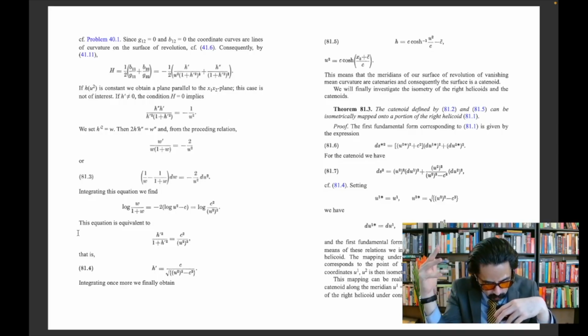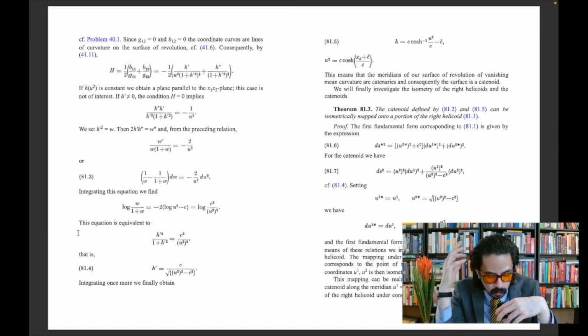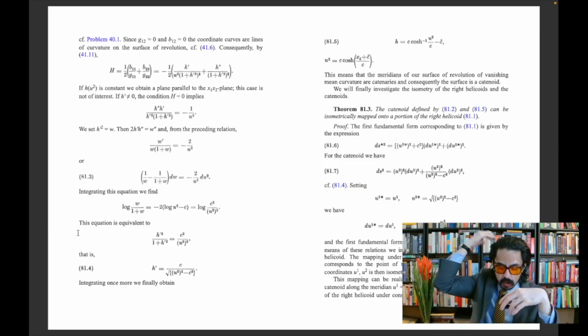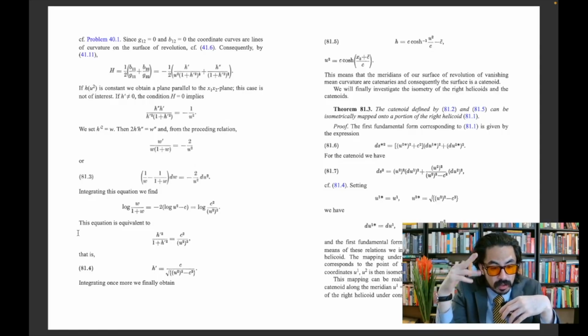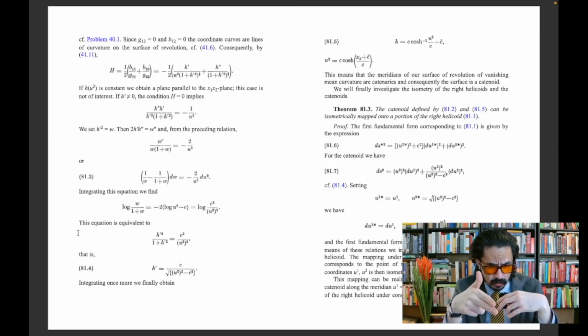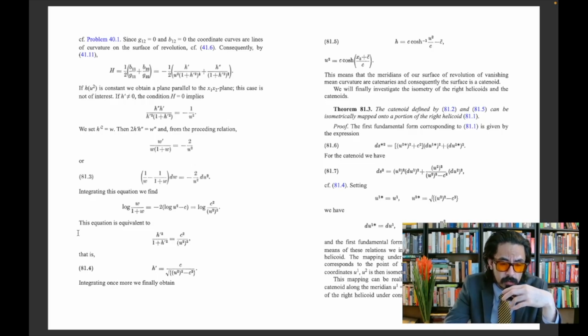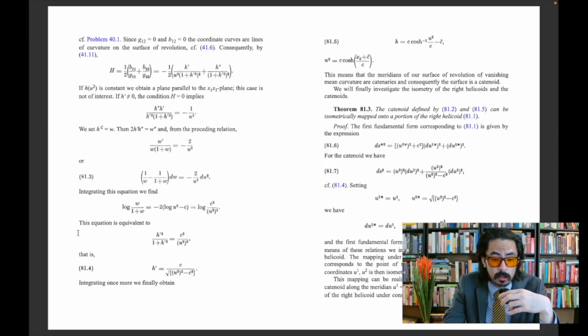So of relevance here is obviously mean curvature, and so that's capital H equals 1/2 times the quantity b sub 1 1 over g sub 1 1, then plus b sub 2 2 over g sub 2 2, closed quantity. So consequently by that, and that actually looks like the left-hand side of what we've got going on in front of us, capital H is equal to 1/2 times the quantity b sub 1 1 over g sub 1 1 plus b sub 2 2 over g sub 2 2, closed quantity, which in this specific case of